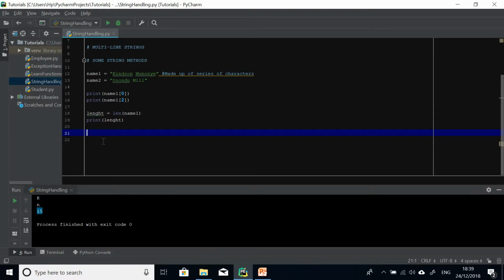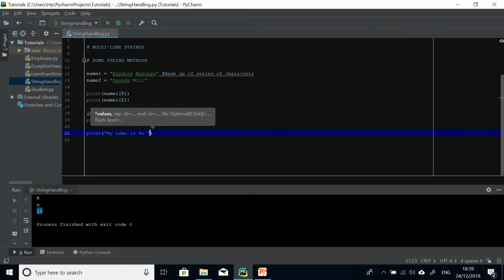So let's assume I want to print out my name along with other things. So I can say print. I could say my name is, and I put a format there, %s. So at this point, this percentage sign and s stands for a string format. So if I now specify the